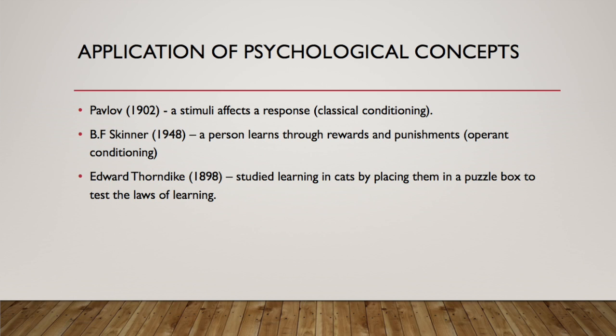Edward Thorndike is responsible for the learning theory that led to the development of operant conditioning. He studied learning in cats by placing them in a puzzle box. They were encouraged to escape to reach the fish outside, which was the reward. They would eventually stumble across a lever that opens the cage. This was repeated several times, and in successive trials, the cats would learn that pressing the lever would open the cage.